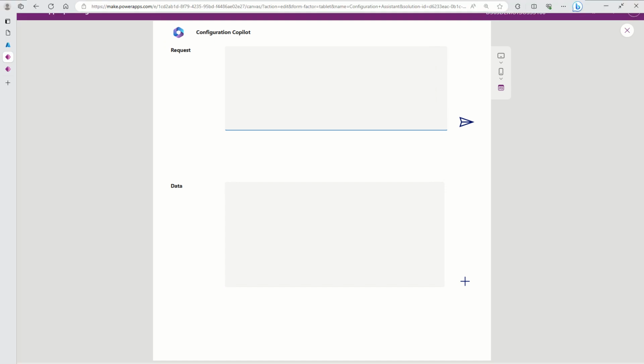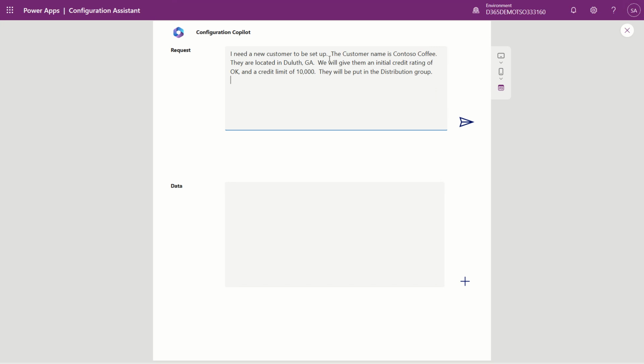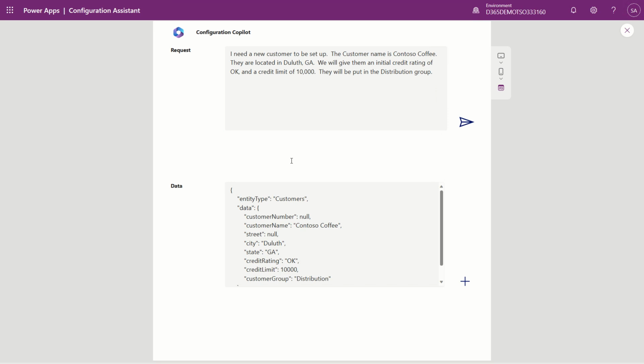Now, also, if I clear this, I also extended it out with other entities. Say, for example, I had a user request where I wanted to set up a new customer called Contoso Coffee, located in Duluth, with an okay credit rating and a credit limit of $10,000. What would that look like through this configuration? It goes out and creates a different type of entity for me. It hasn't got a customer number,